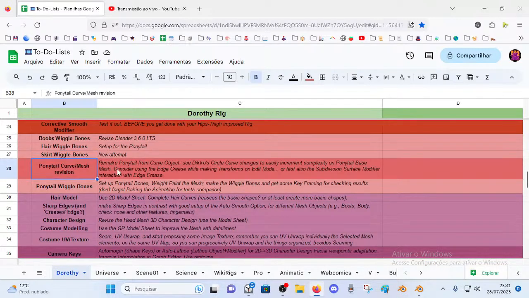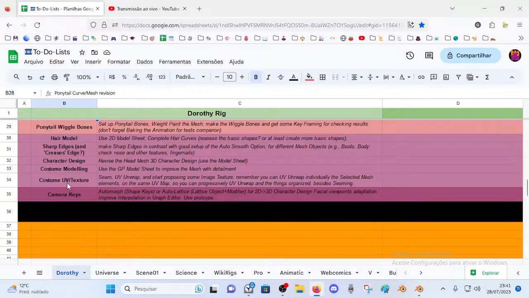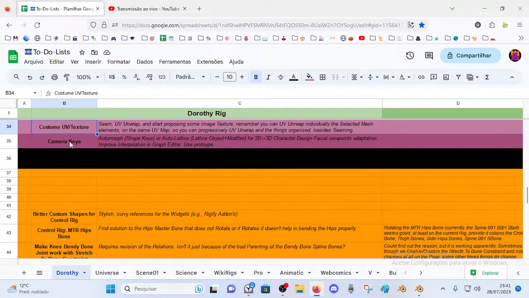Ponytail, okay, then this is wiggle bones for the hair, and I'll start with the ponytail. There, I need to finish the hair modeling. It takes a lot of time. I'm not experienced enough with that. I struggle with the conceptual side, how to better solve this. It's difficult for me. Sharp edges, what is this? Oh yeah, some adjustment on the mesh, character design, and then costume modeling, UV texture,